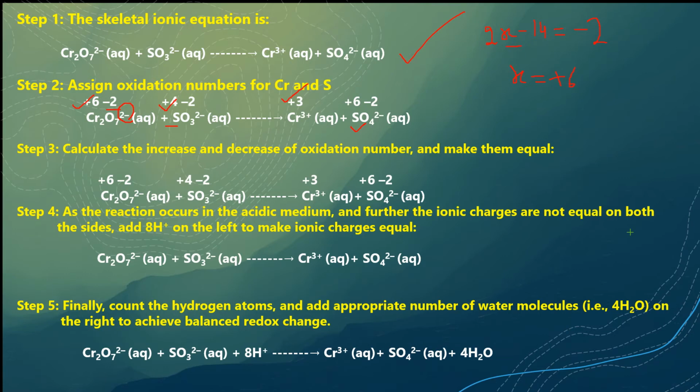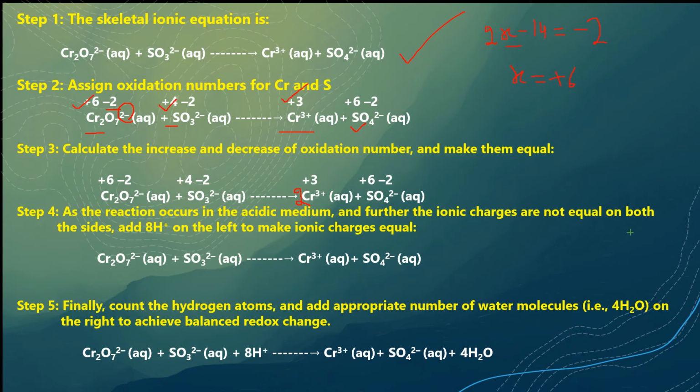Before moving further, I want to make a very important point here: whenever you notice that there is a change in oxidation state, like here Cr is +6 and here it is +3, there is a change in oxidation state. So right in the beginning, you make them equal. Once you notice there is a change, make them equal, write 2 here. Otherwise, this particular point is going to give you a lot of problems in balancing, and we wonder why my equation is not getting balanced.